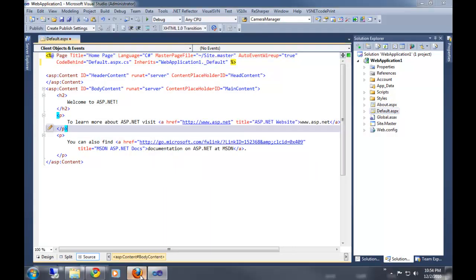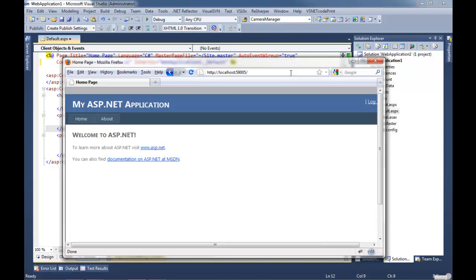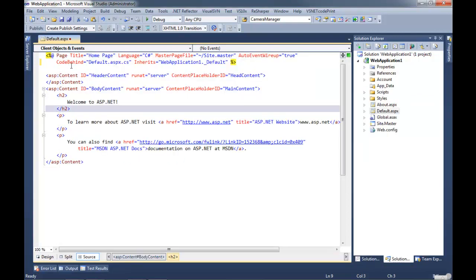Okay, so now we have our default back, and know that if I have blank, it automatically goes to default.aspx, just like how we had before it went to index.html, I think. Right. So that's the default page, and this is an ASPX page.